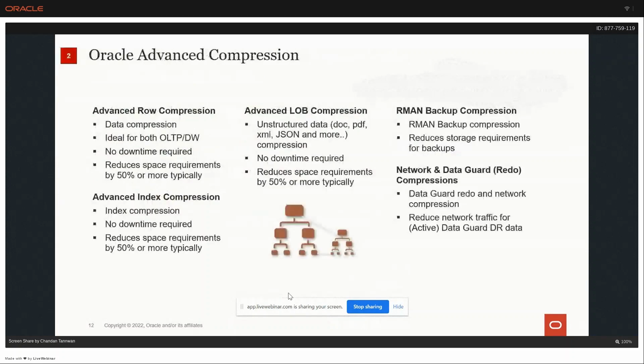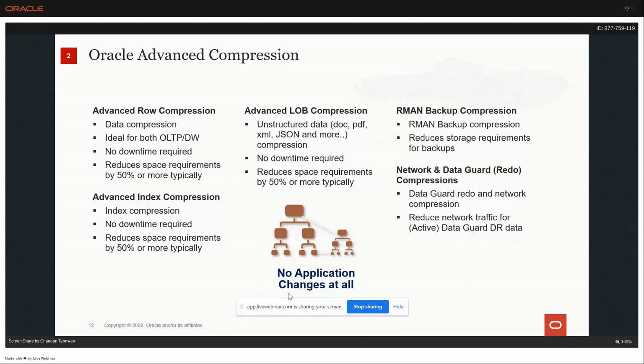Now coming to the next portion, the second step that I can say, it's Oracle Advanced Compression, right? So Oracle Advanced Compression will really help you to compress your data. There are different strategies. Advanced compression has row compression, LOB type data compression, index compression. It also has RMAN backup compression to reduce your daily backups, full backups, and incremental backups with RMAN, or the export backups you are taking with import export, you can compress those. And also for the Data Guard environment, it will compress data that is moved over the network